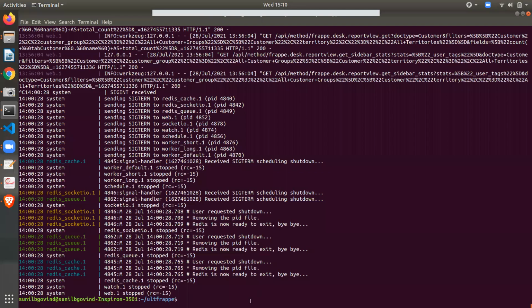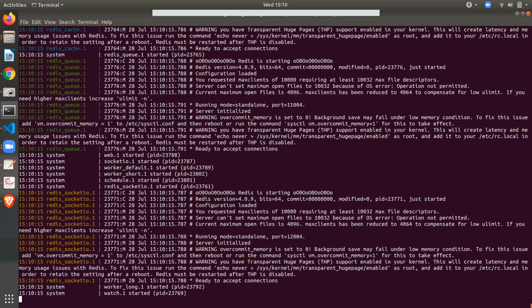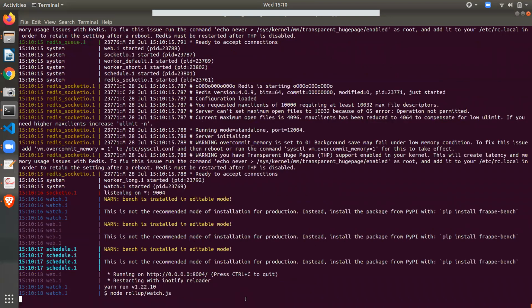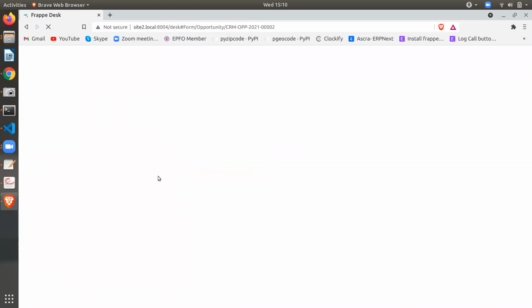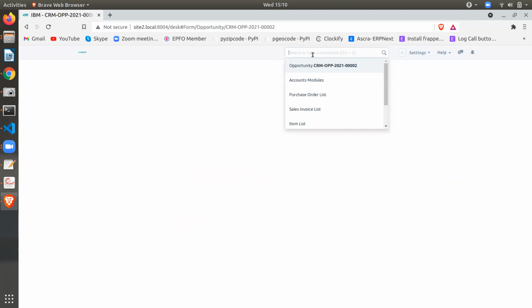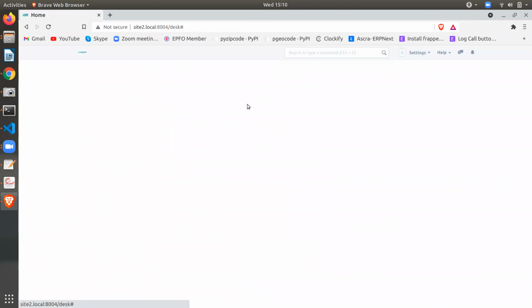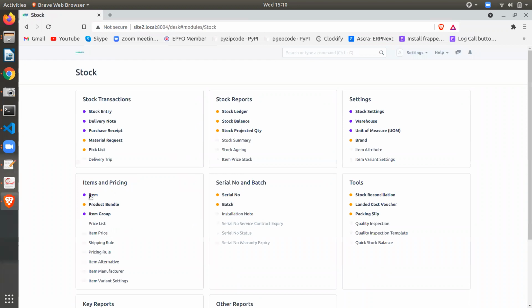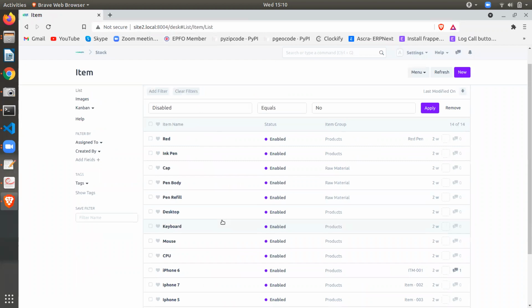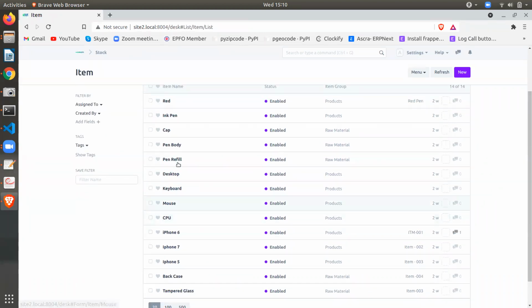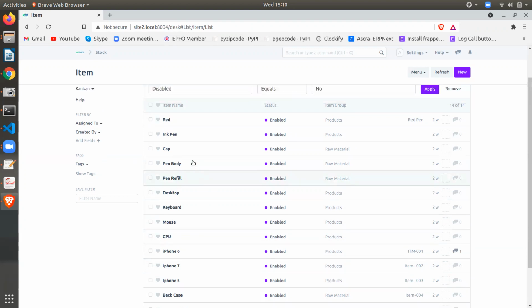Yeah, this is the item master screen. For any of the items, I'm going to set an alternative item. Let me select an item here.